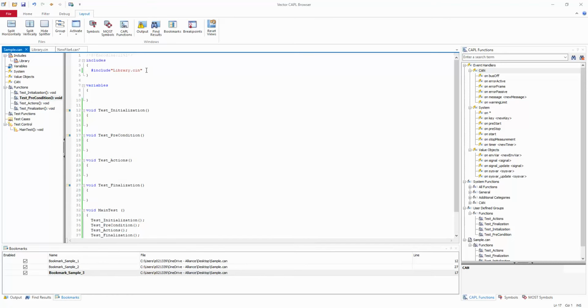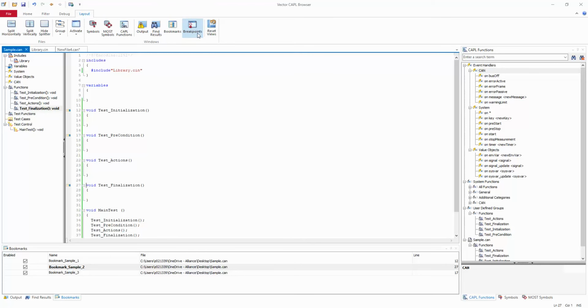If you could see, the moment you activate the bookmarks, they get displayed in this bookmark window. That is the purpose of this bookmark, so that you can always click onto the concerned item and go to the concerned functions quite easily. This is useful when you're writing a huge number of lines of code, programming. There, this bookmark feature will be very helpful.